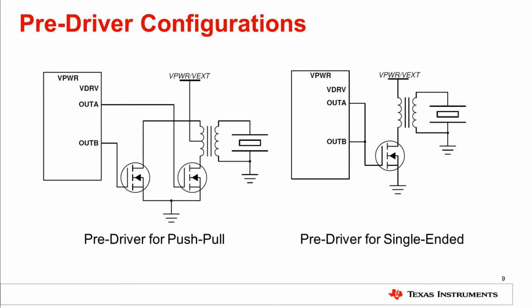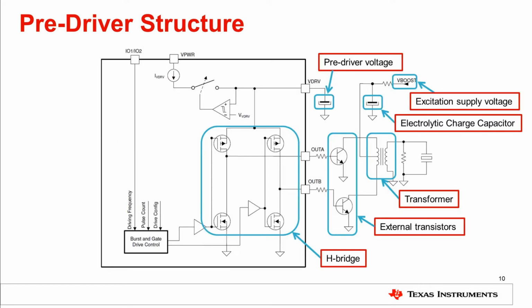The direct driver can also be configured as a pre-driver to drive external FETs or BJTs for higher current and voltage into the primary side of the transformer. The output stage of the device is used as an external low-side driver, similarly to a gate driver. The voltage driver level can be configured to ensure that the out A and out B voltages do not violate the VGS or VBE specifications for the external FET or BJT respectively. In the configuration shown, it is possible to use an external voltage, V boost, which is higher than a supply voltage of the device for generating a larger voltage across the transducer.